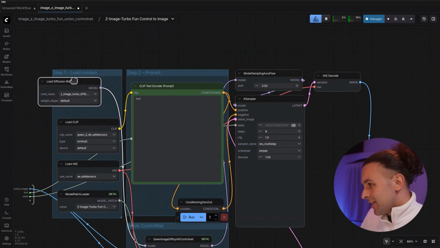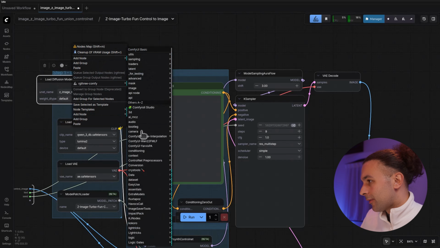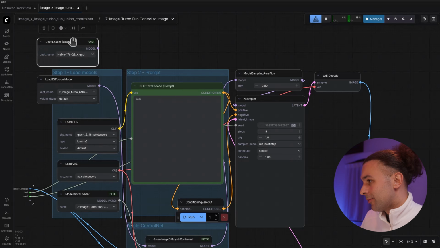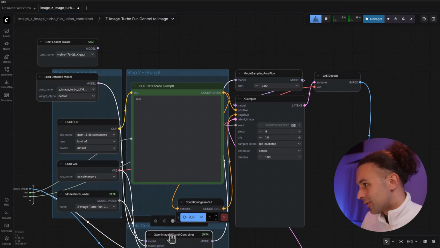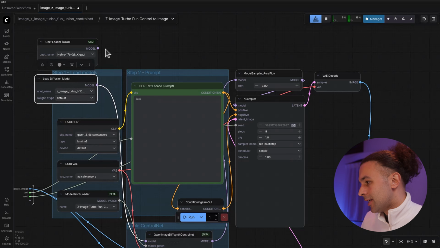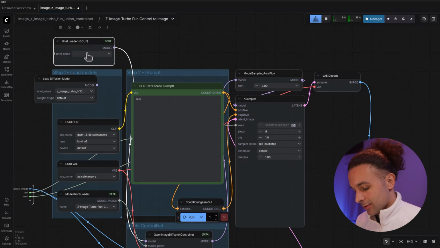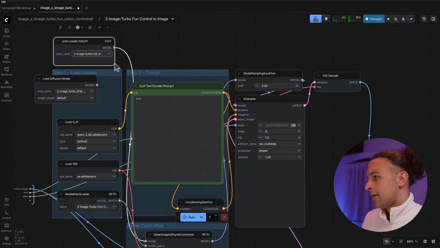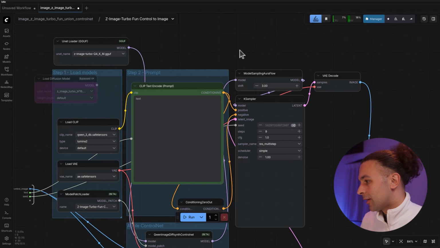Then you need to change the diffusion model for a node of city96, and that is especially for GGUF models. So just take a look, it goes into the Qwen Image DiffSynth ControlNet model. So what you can do is you send this one to the model, and here you search for ZImage Turbo. I already got one with the Quant 4, and then you can disable this one and you can run the workflow again,